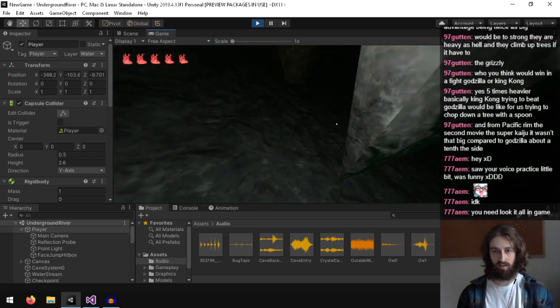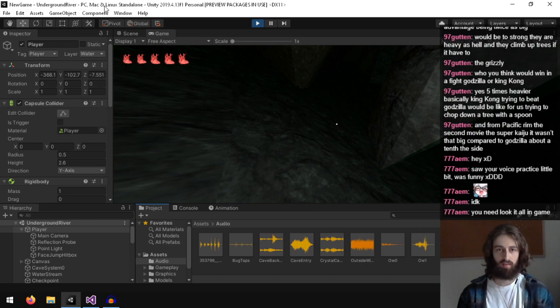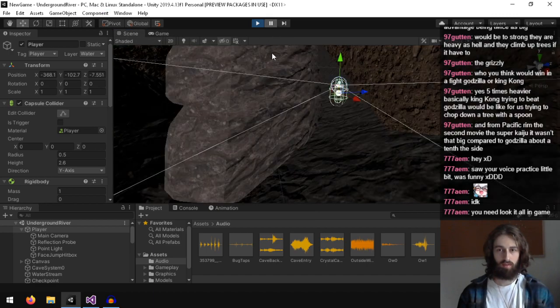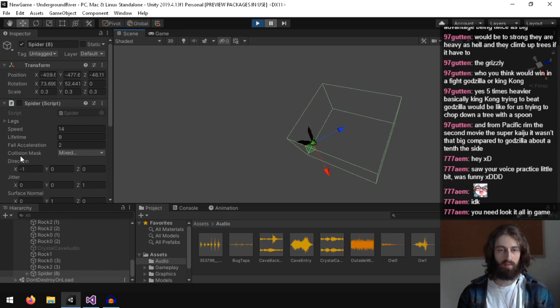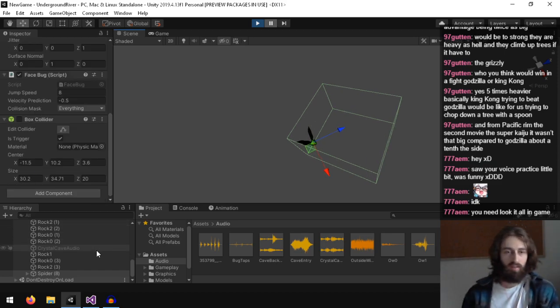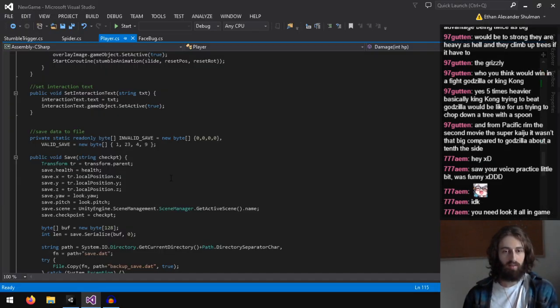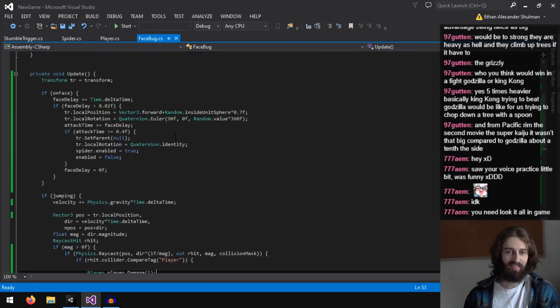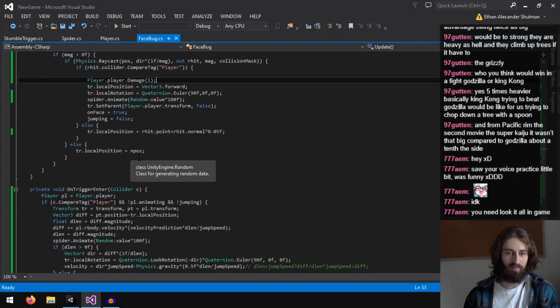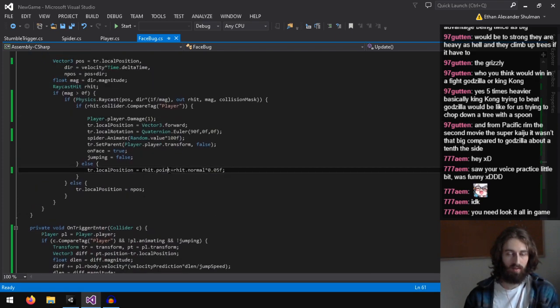Did it get stuck in the, wait. Did it fall through the ground? It fell through the ground. No. Okay. Alright. What is it? We add the hit.